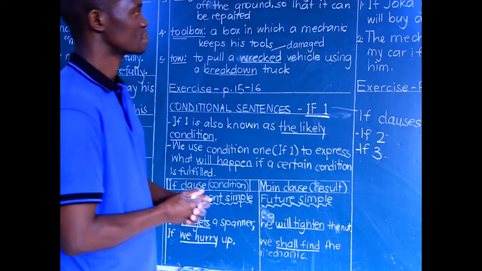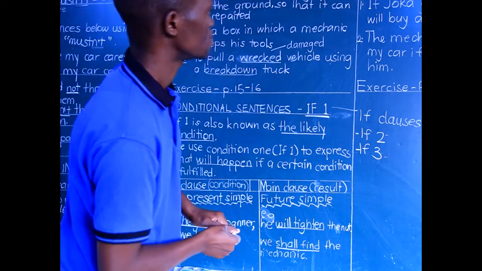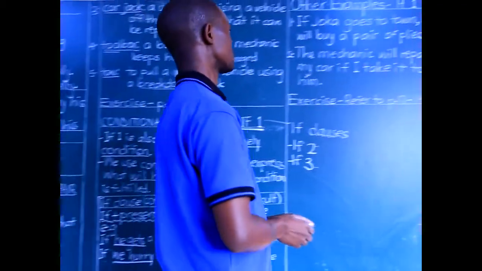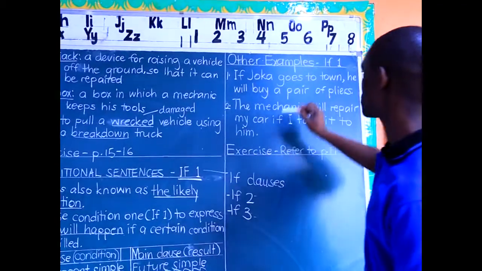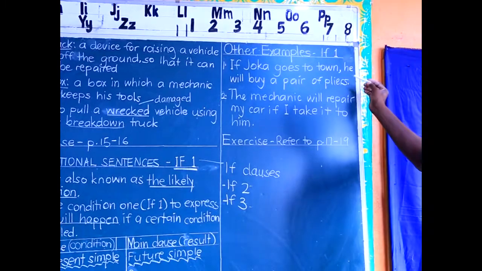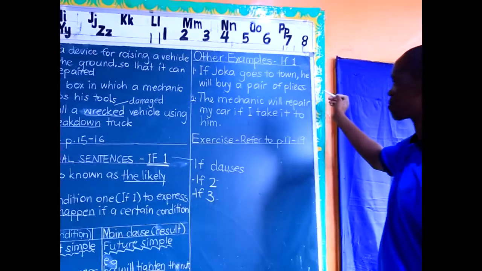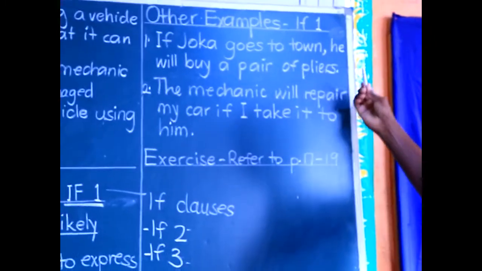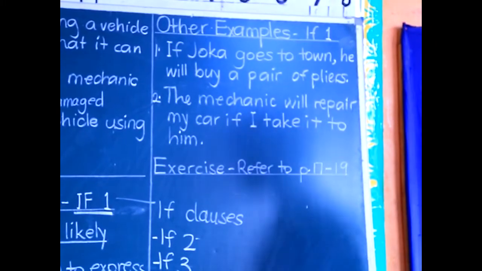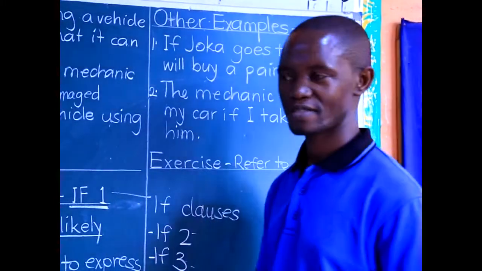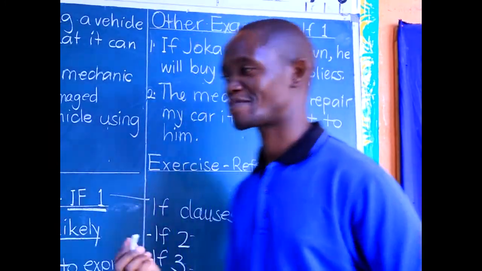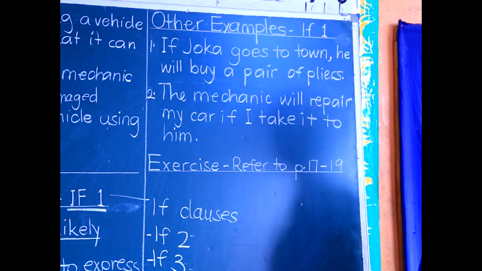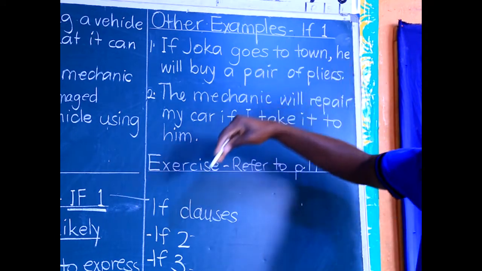Now we have an example. Yes, other examples of sentences in if one, where we have, if Joker goes to town, he will buy a pair of pliers. If he buys a pair of pliers, it is clear he's a mechanic. Mechanics are the ones who normally use pairs of pliers. Like I said in our table,